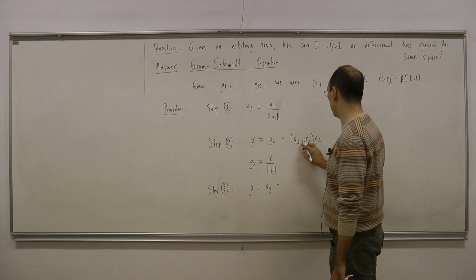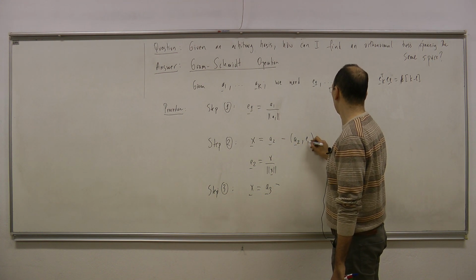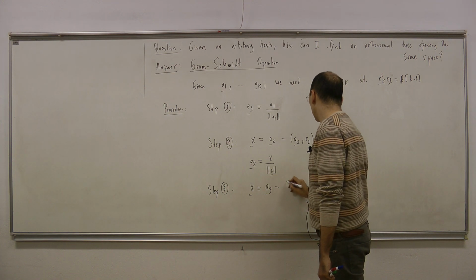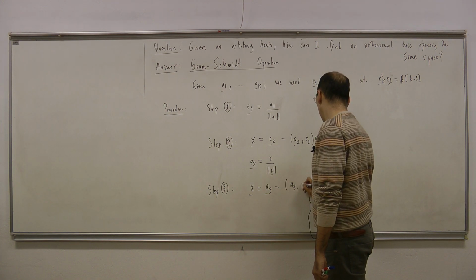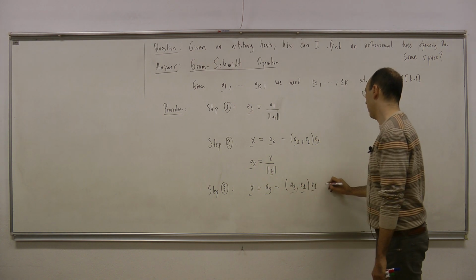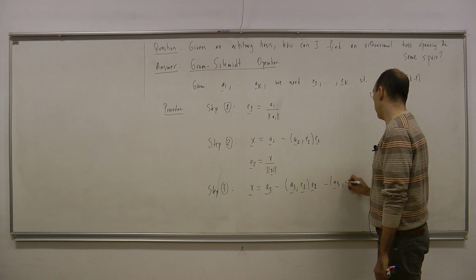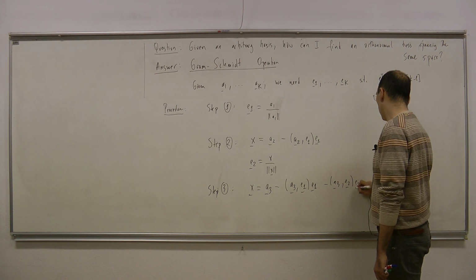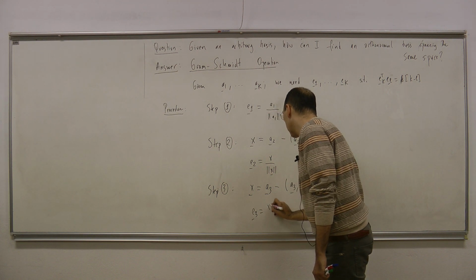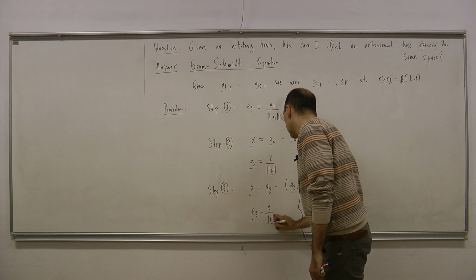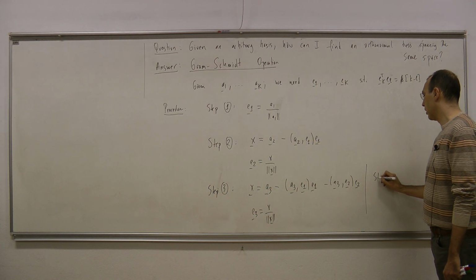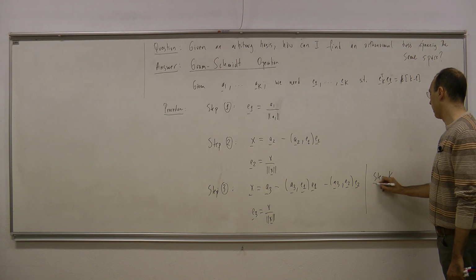Sorry, I made many mistakes over here. So this is A2, this is E1, this is E1. Okay. So this is A3, E1, E1 minus A3, E2, E2. Then E3 is x divided by its norm. So I'm defining this dummy x and doing such calculation. So the last step, step K,